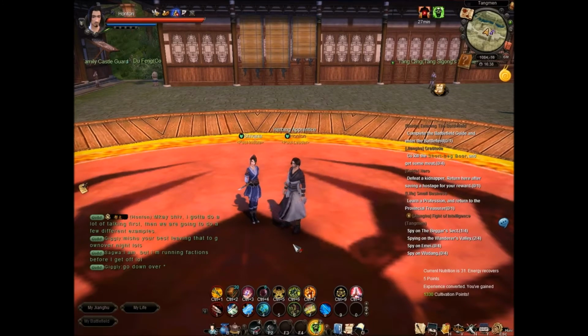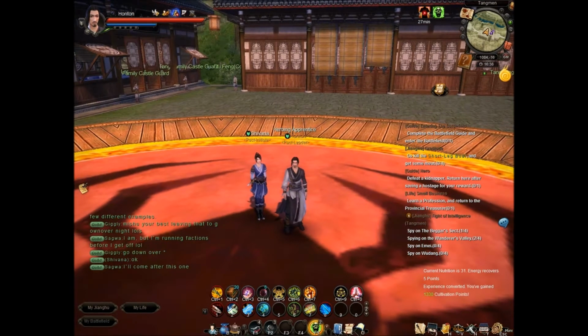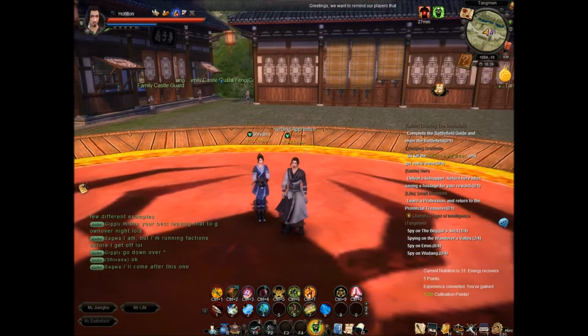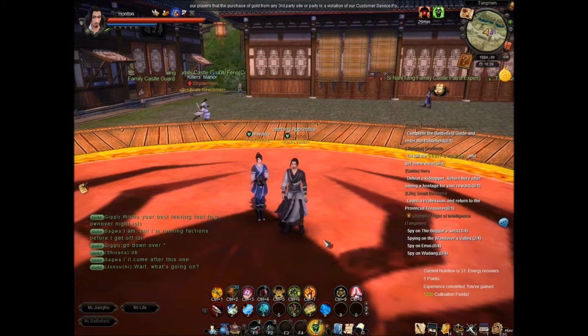Alright everybody, this is the third part specifically for newcomer stuff here. This is basically going to go over Golden Snake Sting. A lot of people, when they get Golden Snake Sting, it's the first set, and they don't really know what's going on. They don't really know what it's for. So I'm going to go ahead and explain the...